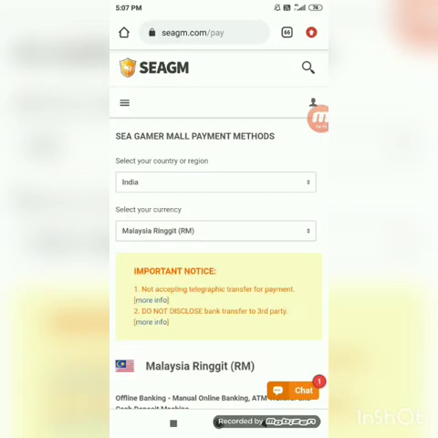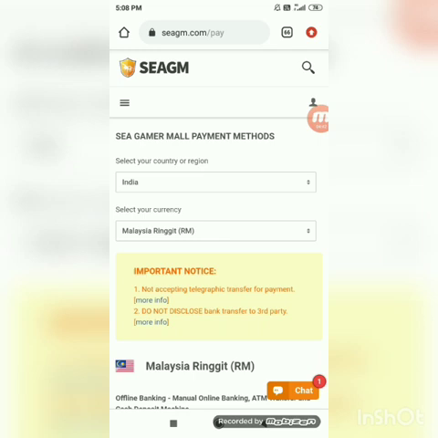I'm going to tell a simple thing guys. When it's currently not available in our country, maybe it will come next week or day after tomorrow or next month, we don't know. Whenever PUBG Mobile unbans in India, maybe it's going to come. You have to do a simple thing. Go to CGM, sign into your CGM account, select the UC packs, enter your character ID, and click on checkout. After clicking on checkout, select the payment methods.